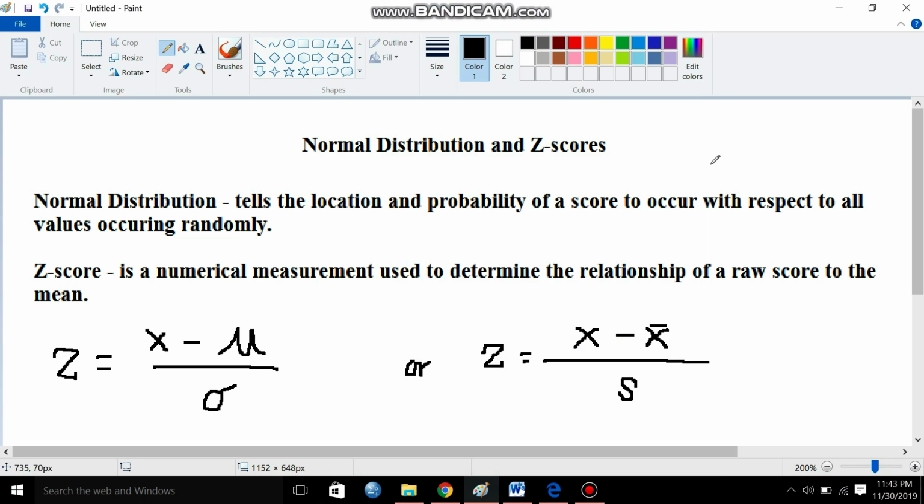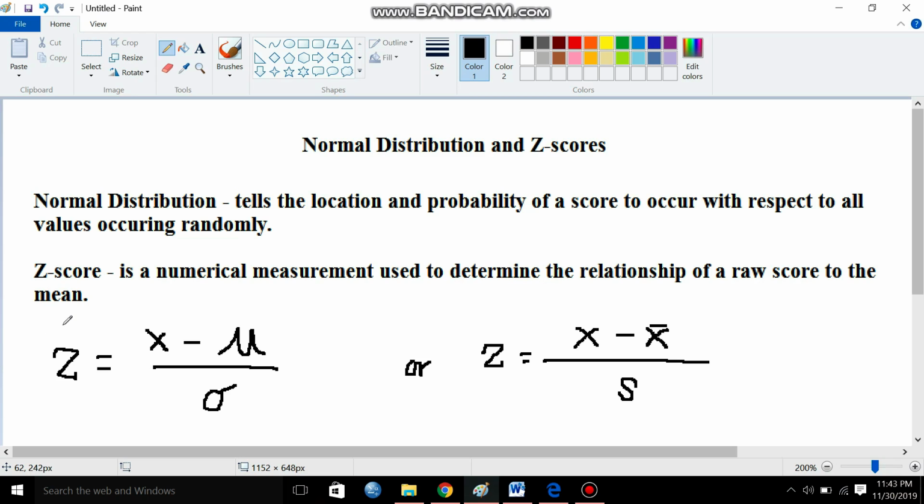So if you pick a score, basically a score will have a probability, and in every probability we can also determine the corresponding percentile of that score. Then to determine the percentile or the probability of a score to occur, we need to convert that score to a z-score. So basically, a z-score is simply a numerical instrument used to determine the relationship of a raw